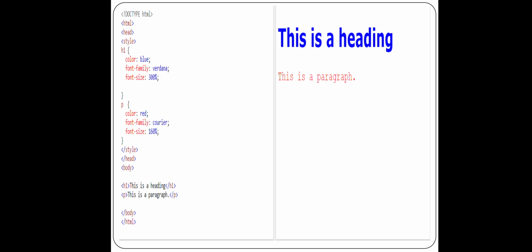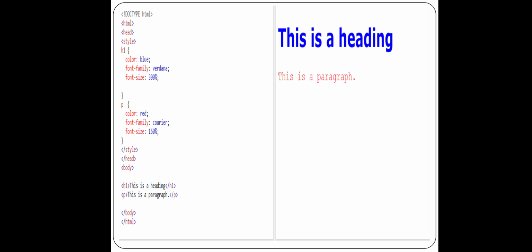Selectors means the elements we want to style. So at present there are two: H1 and P. Now we are using multiple properties here. Earlier we had seen only a single property changing. Now here we are seeing that there are multiple properties. So see in the style tag, first line H1.